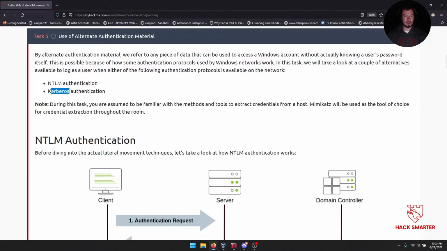Maybe we'll be able to do some Kerberoasting today. During this task, maybe pass the hash as well. During this task,